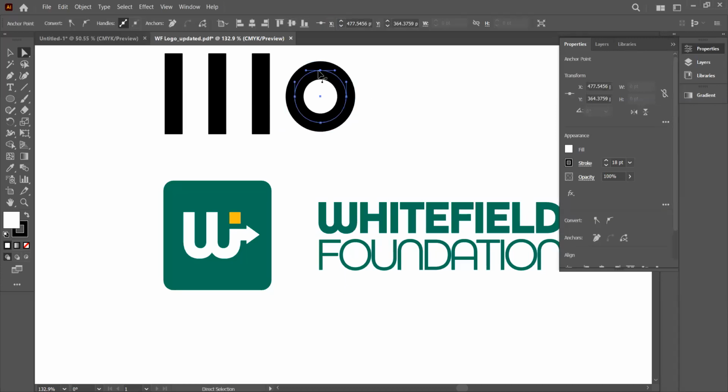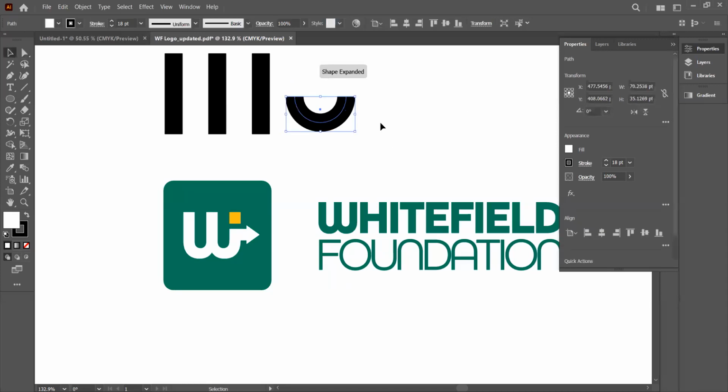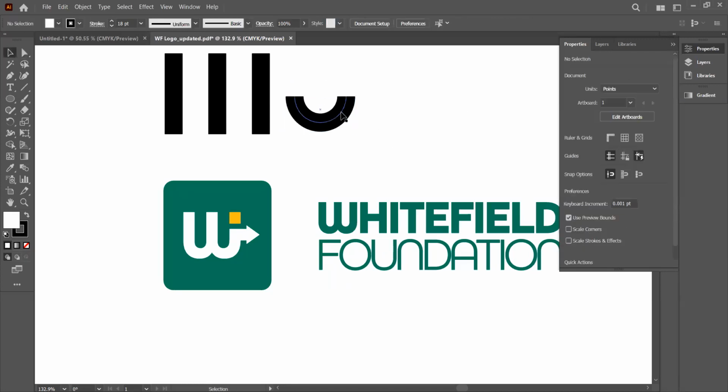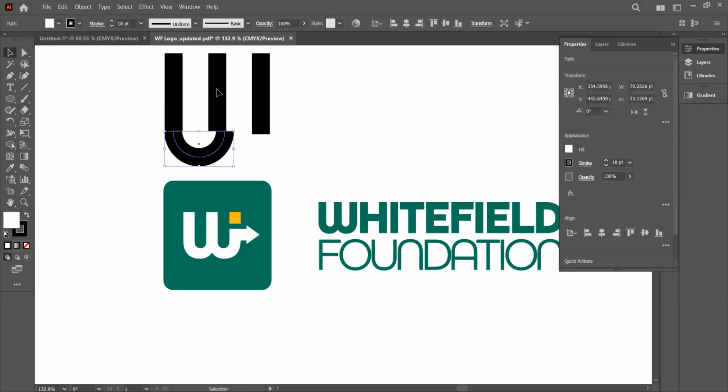But what I want to do is delete this part. Once you have successfully clicked on that node, press Backspace on your keyboard. Bam. Can you see it? That's what I just did. Then I bring it here like this and arrange it very well.